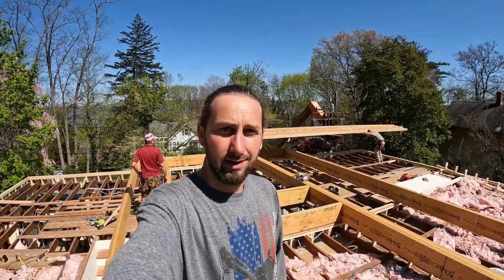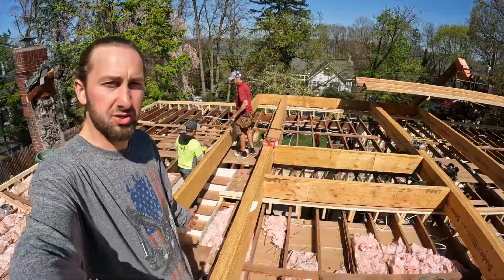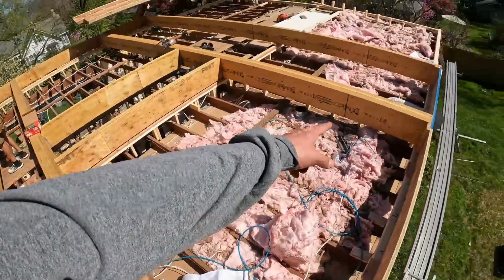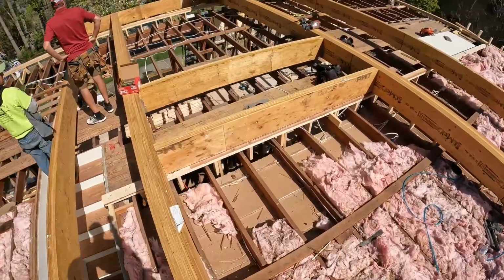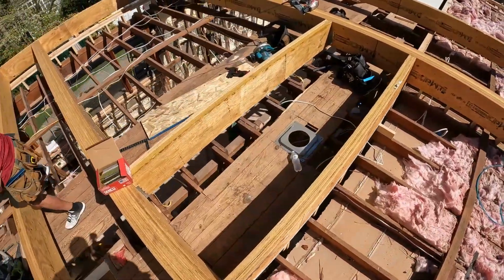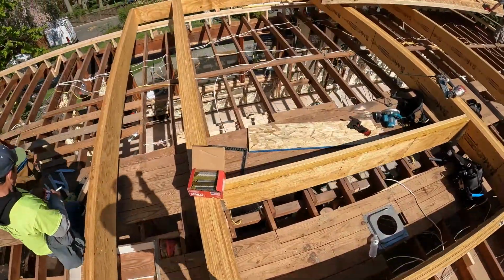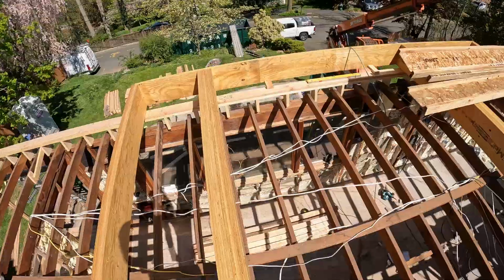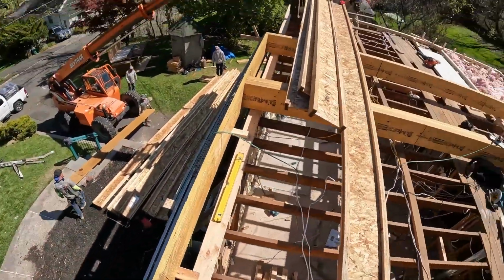Today I am back at this new addition. We are up on the roof. We're standing on a couple LVLs here. Well, actually 4 of them here. We got 4 here, 4 there, a double down there, a double here, and then right here is the stairwell. The stairs are going to go down like that. You'll land right here. There is about a 6-inch cantilever on the front here, and they're starting to get all